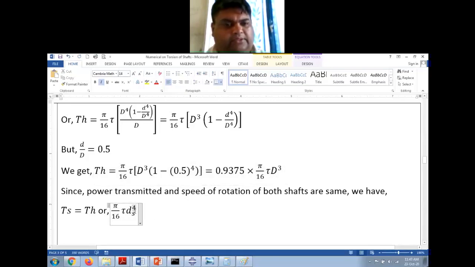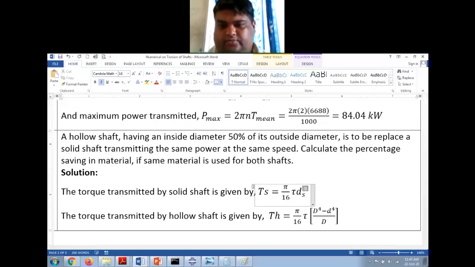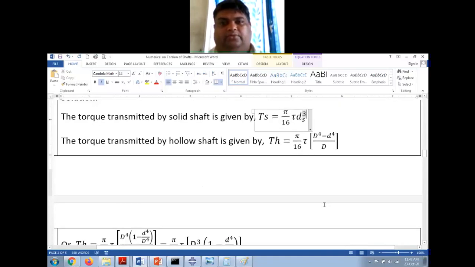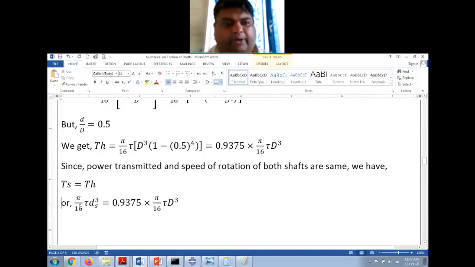It is ds raised to 3, right, this, 2 ds raised to 3 is equal to this d cube, right? Now from this pi by 16 tau and pi by 16 tau is same on both the side. So